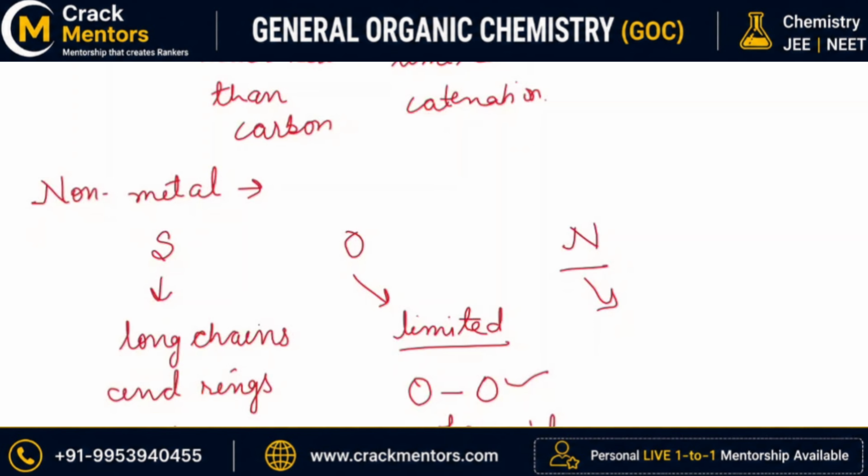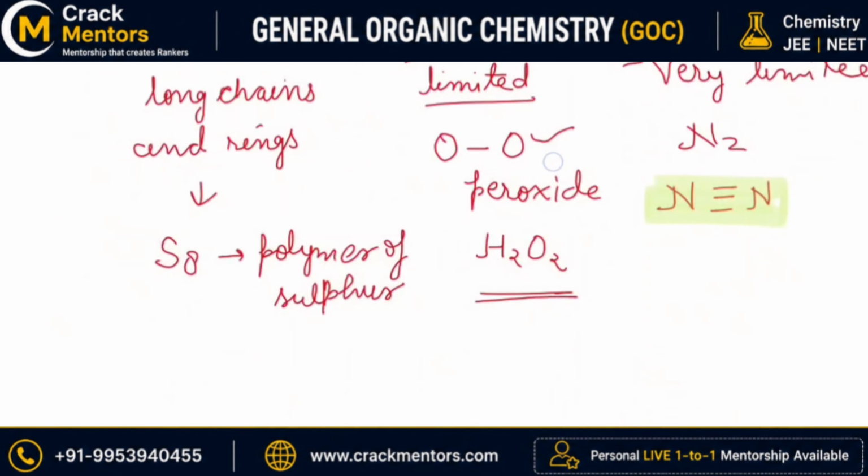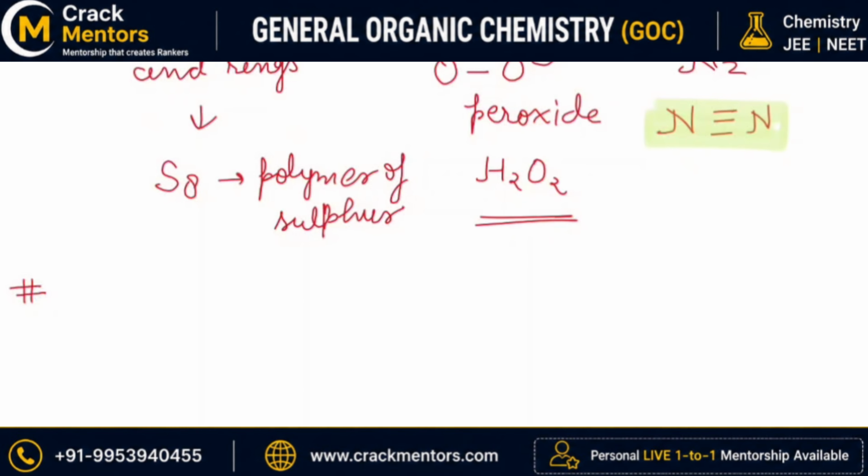Nitrogen also shows bonding but very limited. In dinitrogen N2, you can see a bond, that is N triple bond N. But that is just the molecule. I cannot say, and even you cannot say, that it is proper catenation. If I give you this whole thing in conclusion, I will say that besides carbon, silicon, sulfur, germanium, tin, oxygen and nitrogen also show catenation, but to a much lesser extent. So you can say that carbon is the king of catenation.